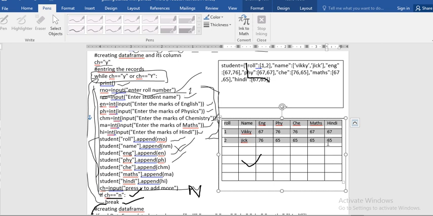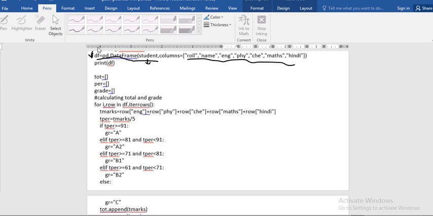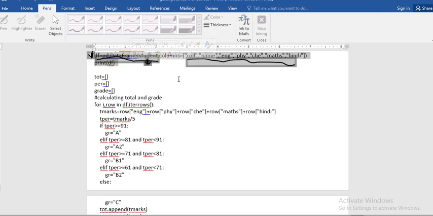So this is how the data frame is created. Now take other lists named TOT for total marks, PER for percentage, and grade. These are the lists in which we calculate the total, percentage and grade.